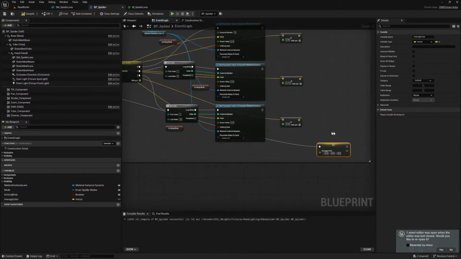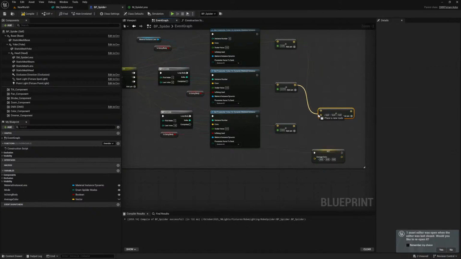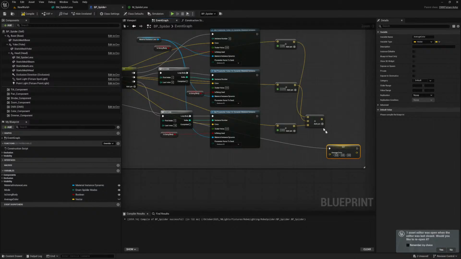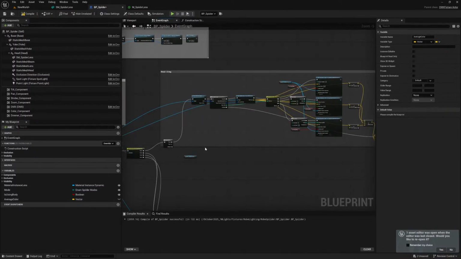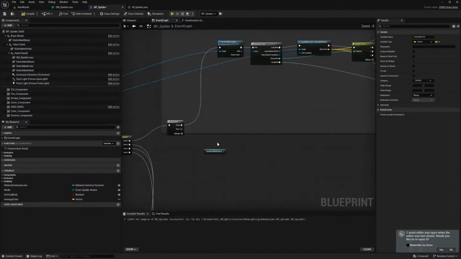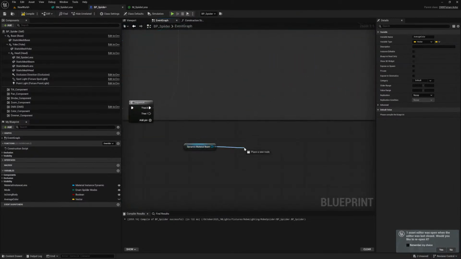So average color is going to be all three of these added up. Hopefully it is able to remember between all three of these. And then things get pretty simple from here. All we need to do is, let's see,